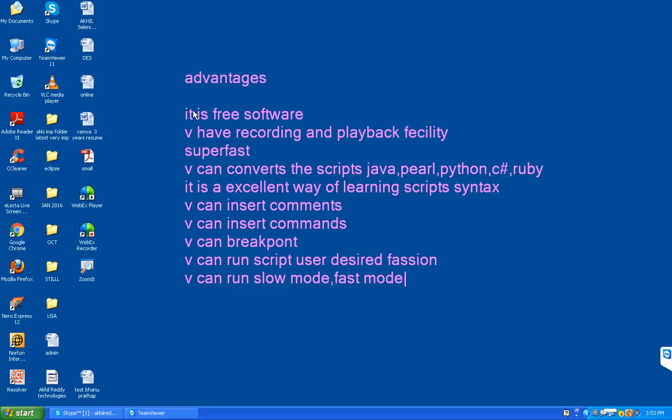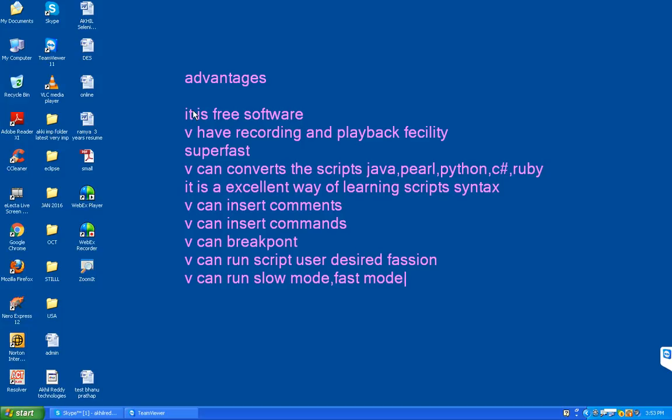These are the advantages of Selenium IDE. Okay, it is free software. We have recording and playback facility, and execution will be super fast. We can convert the scripts into Java, Perl, Python, C#, Ruby. It is an excellent way of learning scripts syntax. We can insert comments, we can insert commands, we can keep breakpoints, and we can run script in user desired fashion.